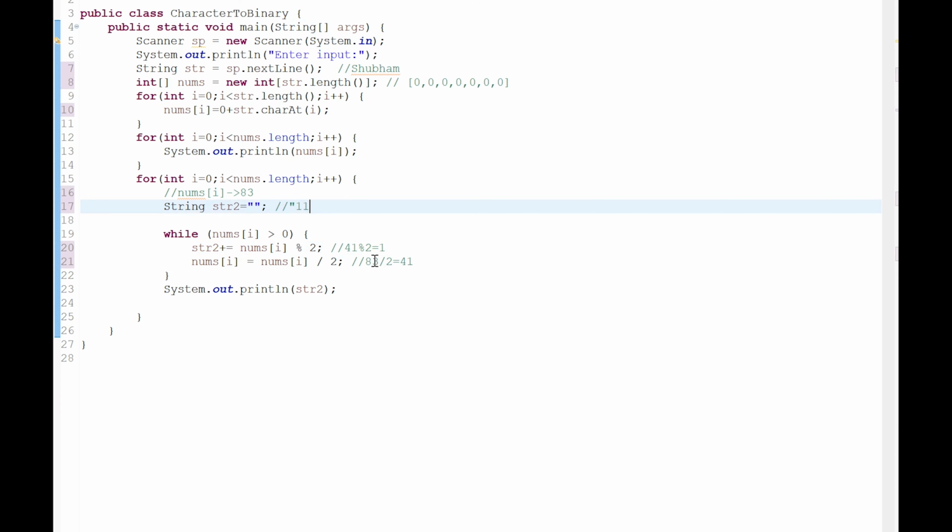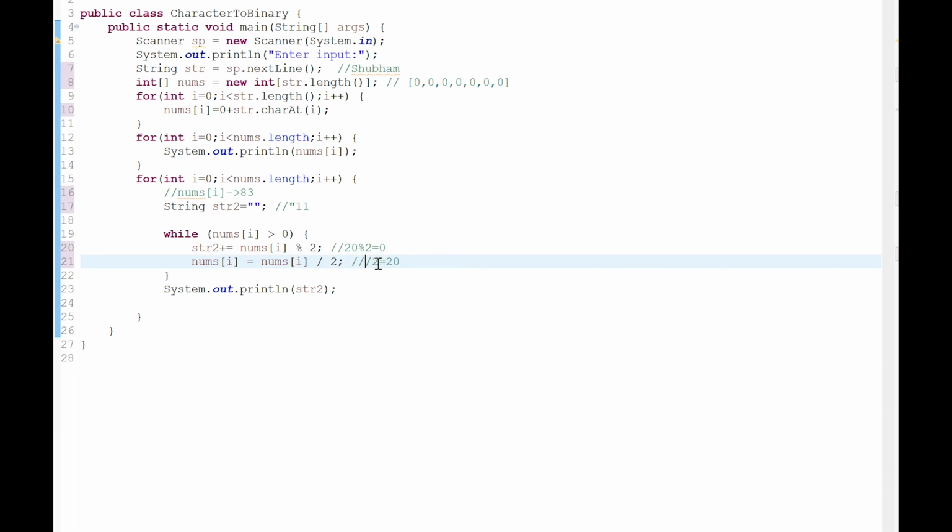Now 41 divided by 2 gives 20. 20 is greater than 0, and 20 modulo 2 is equal to 0.